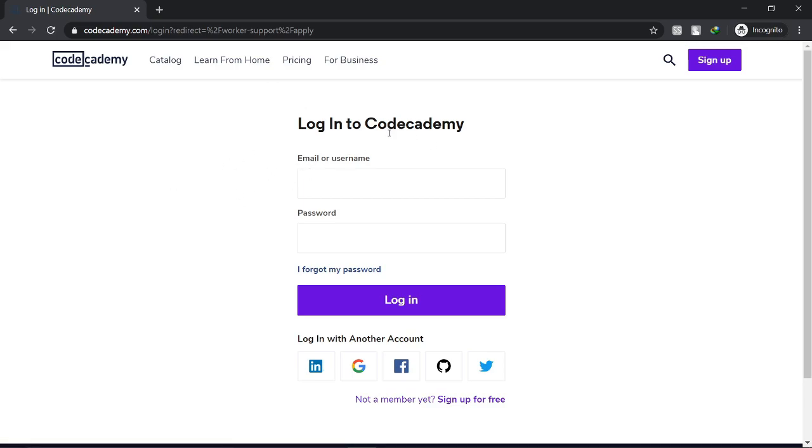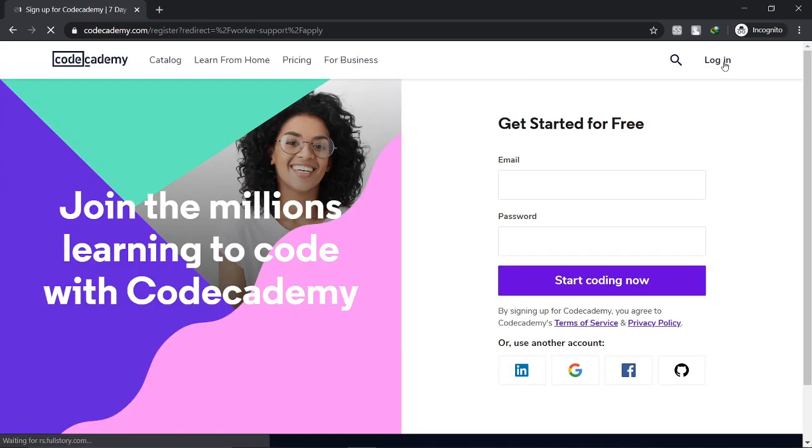So guys, from this page you have to just click on this sign up button, and if you already have a Codecademy account, then also you just have to click that sign up button and create a new account. So let's hit this sign up button here, and so guys, you can see that the sign up form has been opened up now, and from here we just need to enter our email and password to create your new Codecademy account.